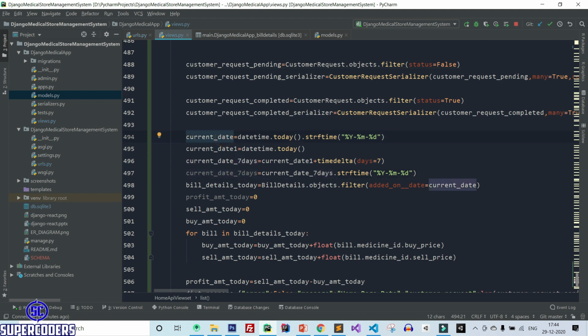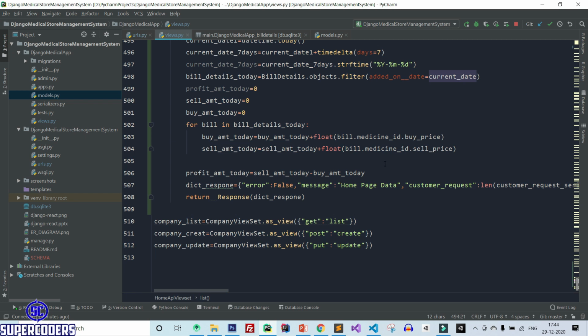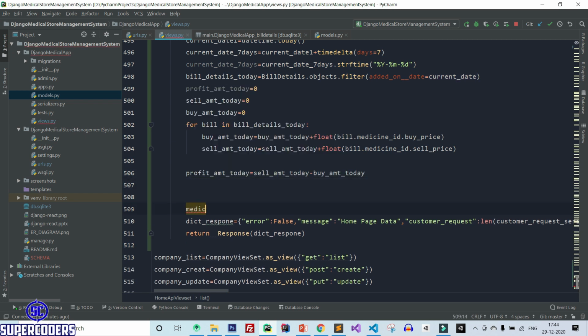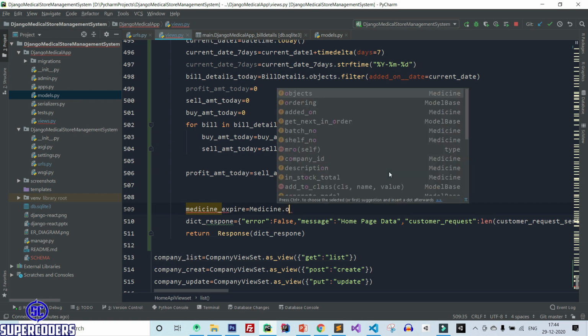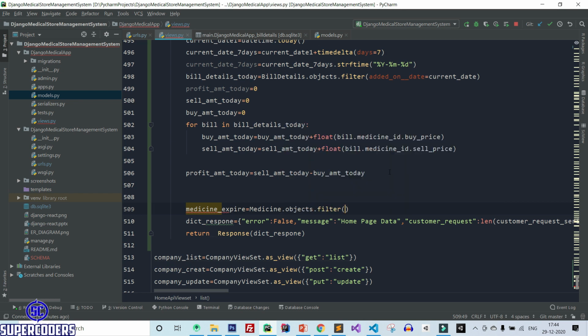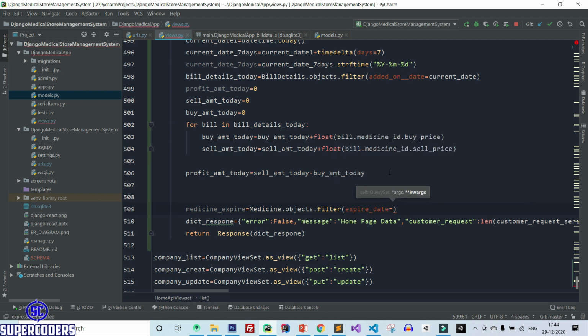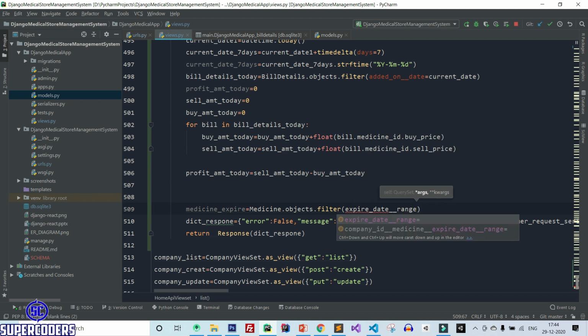Now let's access the medicine expire between these 2 days. So again, medicine expire equal to medicine dot objects dot filter, then pass expire date and passing range, and here we need to pass the data in range.